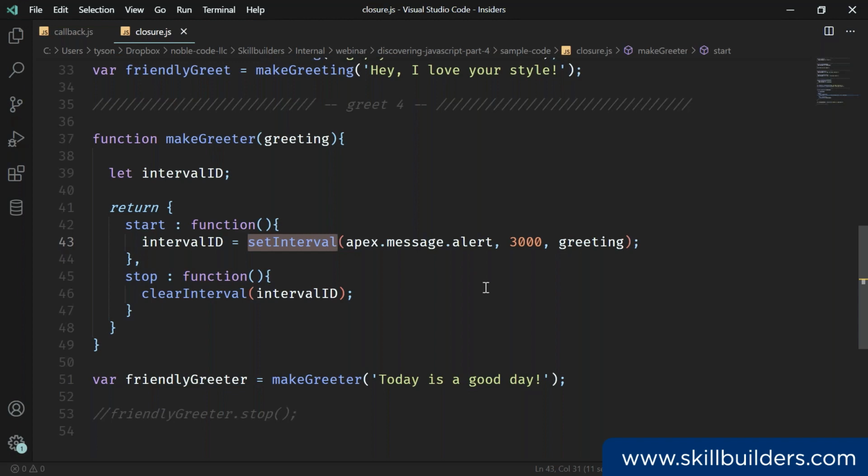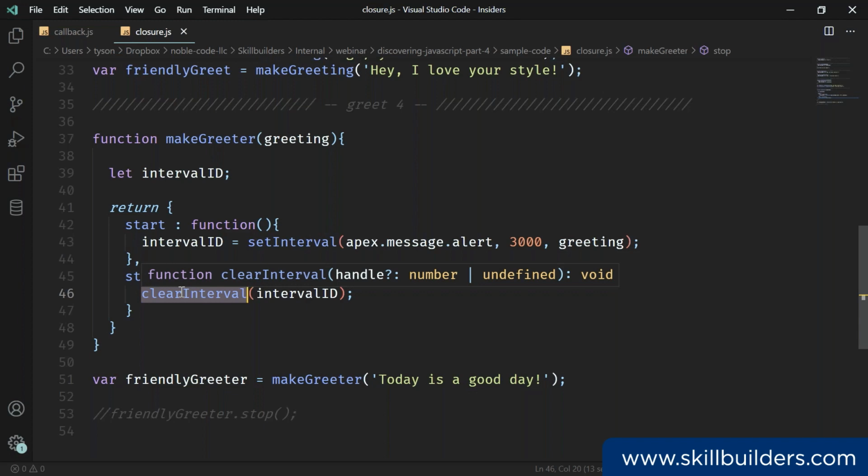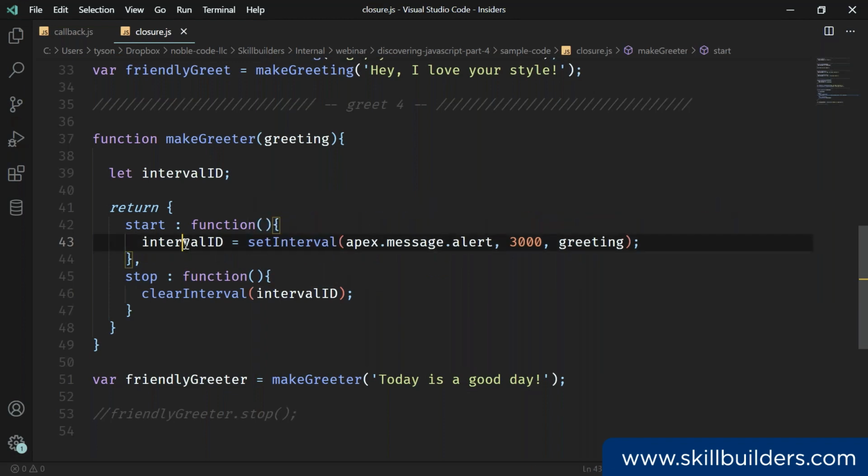So rather than waiting 3 seconds and displaying the message one time, it's going to wait 3 seconds and display the message, wait another 3 seconds and display the message, wait another 3 seconds and display the message, and it's just going to keep going forever. An important piece about set interval is that I can also clear an interval, but I have to know what the identifier is for the interval that I wish to clear. And it also just so happens that set interval will give me that identifier. So I need my greeter to remember what the interval is. And so I went ahead and made an interval ID